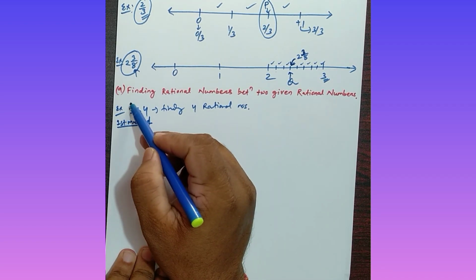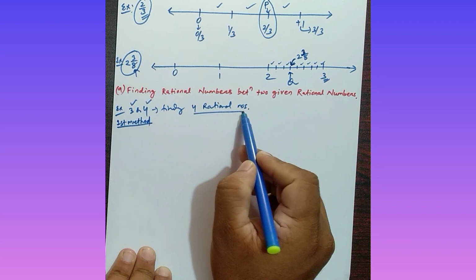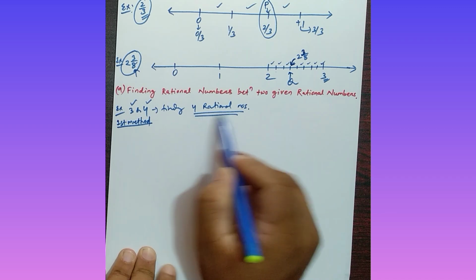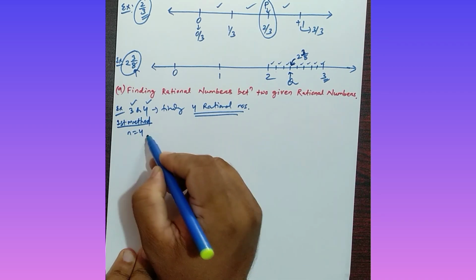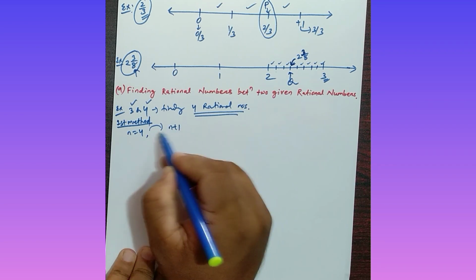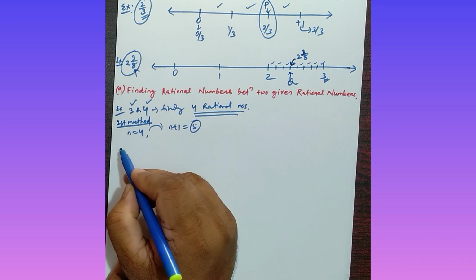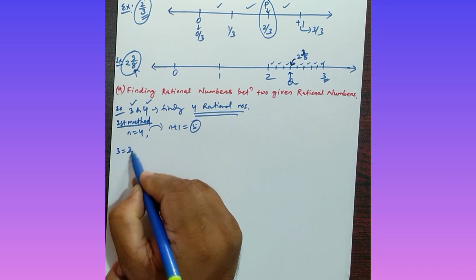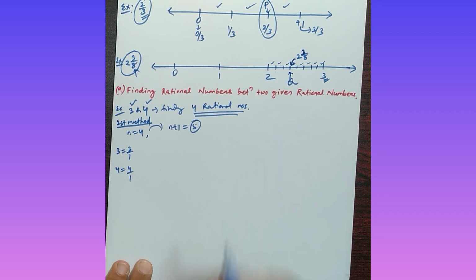क्वेश्चन इज आस्किंग यू आर गोइंग टू फाइंड आउट 3 and 4 के बीच में 4 रेशनल नंबर निकालना है. तो n का वैल्यू कितना है आपका? 4 है. ठीक है, तो आप करेंगे क्या? n+1 करा दीजिए. सो दैट इज 4 + 1 इज व्हाट? 5. ठीक है, अच्छा, ये 3 का मतलब क्या है 3/1, 4 का मतलब क्या है 4/1, क्लियर है।